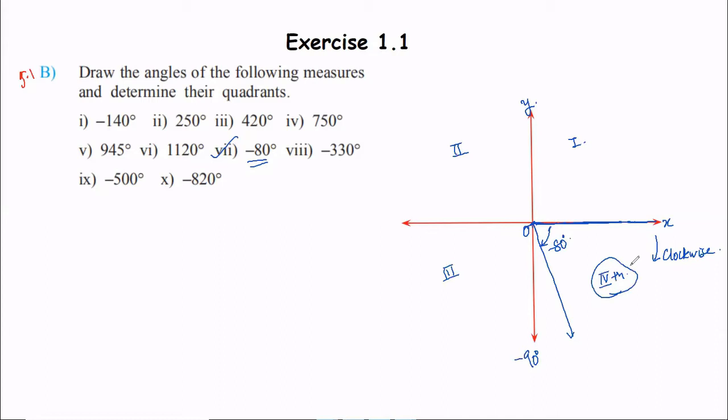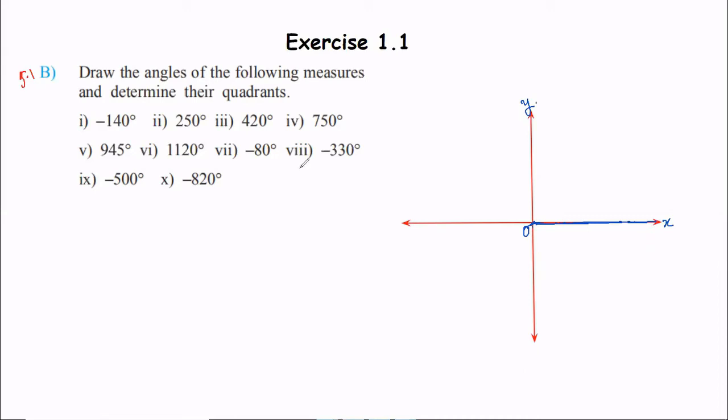I hope you guys have studied quadrants well in lower standards, because it will be extremely essential for trigonometry as well in the next chapters. Okay. So that's the answer for the seventh sum. Minus 80 degrees lies in the fourth quadrant. Rotation will be clockwise. And that's how you can plot it. The protractor has to be kept inverted when you plot clockwise rotation. Okay.